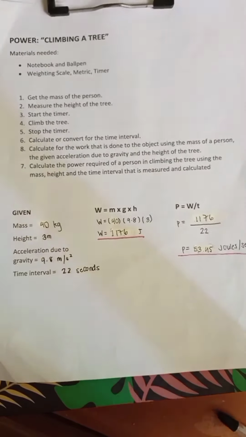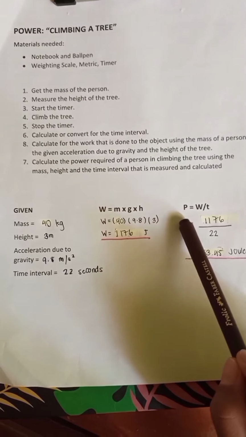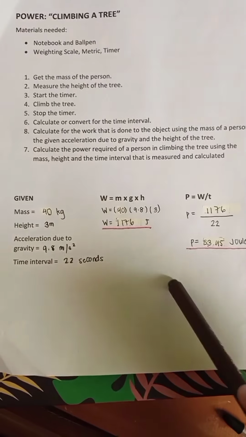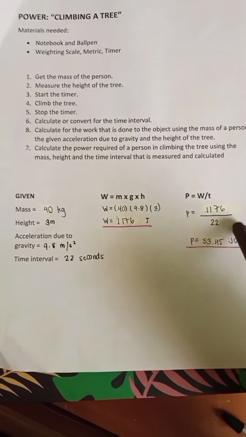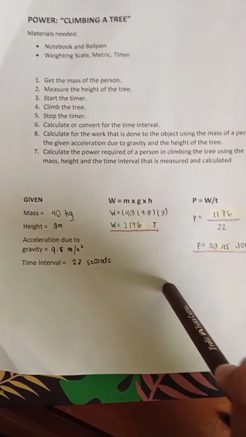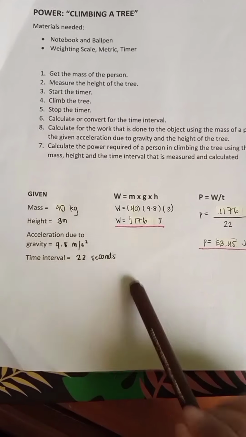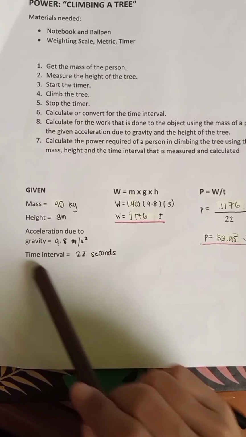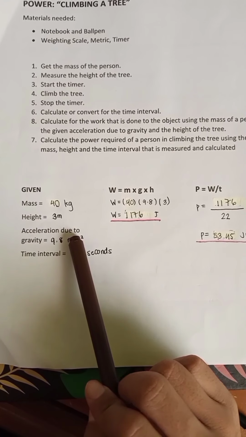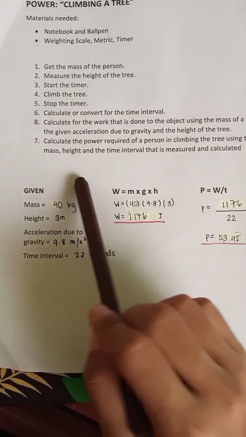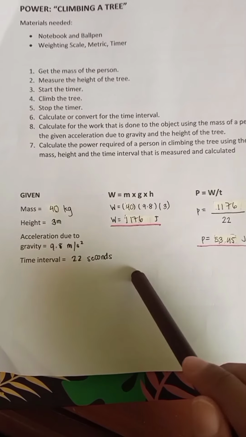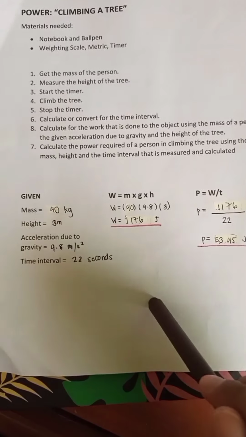So, to compute the power, we first need to compute the work, because the formula for power is work divided by time interval. So, how can we compute it if we do not know the work? So, first, we need to calculate the work. The formula of work is work is equal to force times displacement. But in our givens, we do not have force and displacement. But we can use the mass, height, and the acceleration due to gravity to solve the work. So, let's substitute the givens into the formula. And we will get 1,176 joules, which is the work done